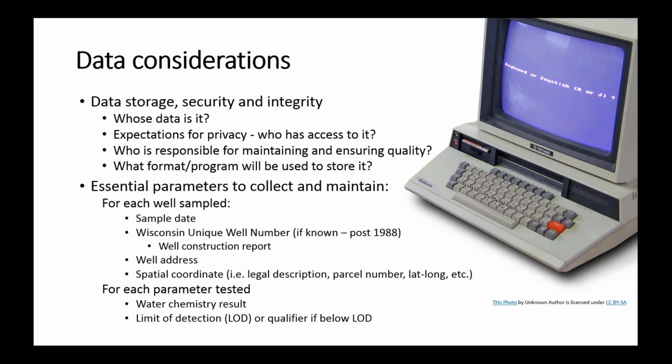Also, when you're looking at what information to collect for each sample, it's important that for each well, we know when it was sampled. If there's a Wisconsin unique well number, that provides a unique identifier that can be linked to a lot of important well construction information. If you don't have a Wisconsin unique well number though, well address is absolutely critical. Unique well number is great to have, but the well address is absolutely critical to be able to